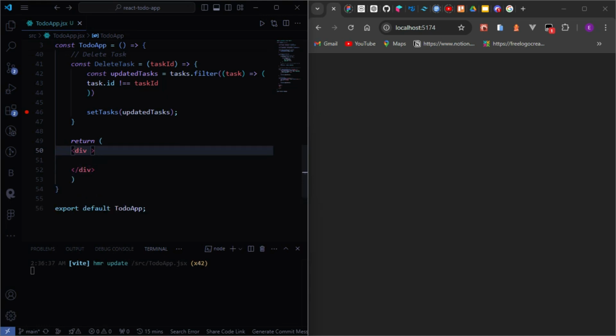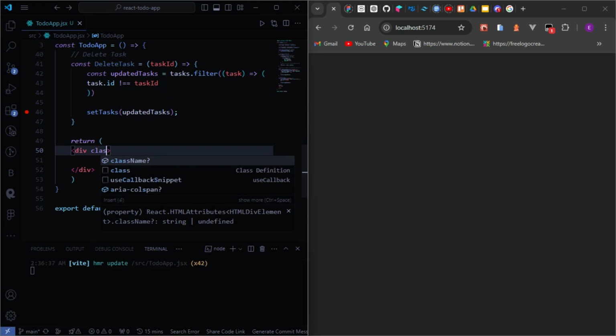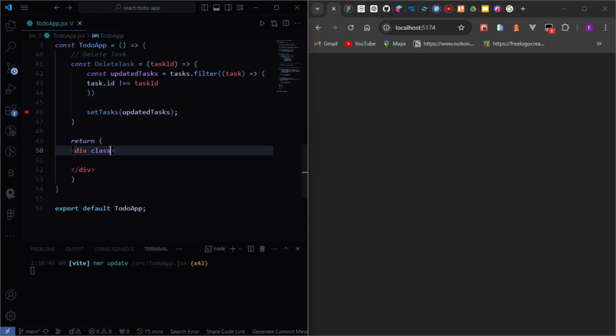And I forgot to mention earlier, in React, instead of using ordinary class like we do in HTML, we are going to get an error because class is a keyword in React. We are not allowed to use ordinary class in React. So instead of class, we are going to be using className. So we can just say todo app. That will be responsible for the